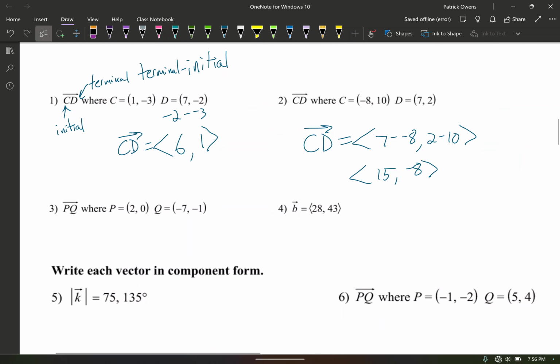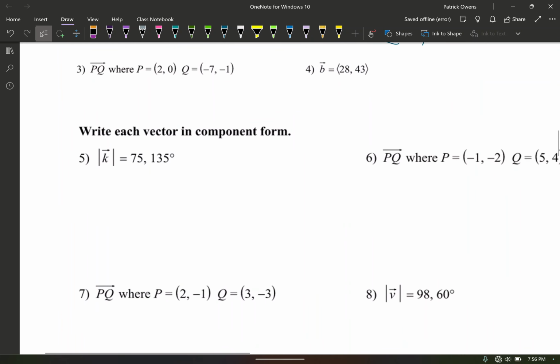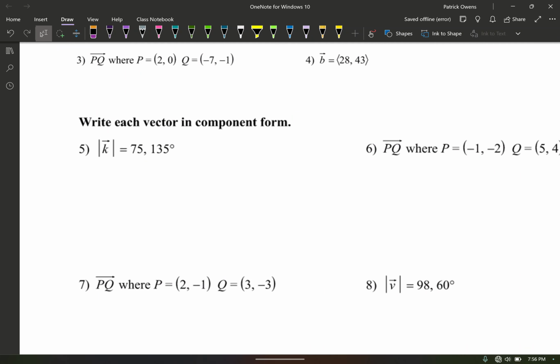Sometimes, like with this number 4, we'll already be given this in component form, and some of the problems will need the vector in component form. Sometimes we will need it in just dealing with our magnitude and direction, like in number 5. Now, if we have this with our magnitude and direction,